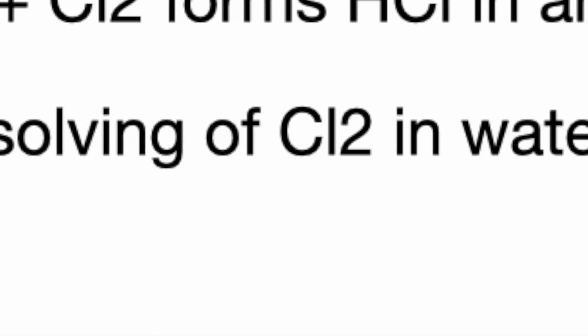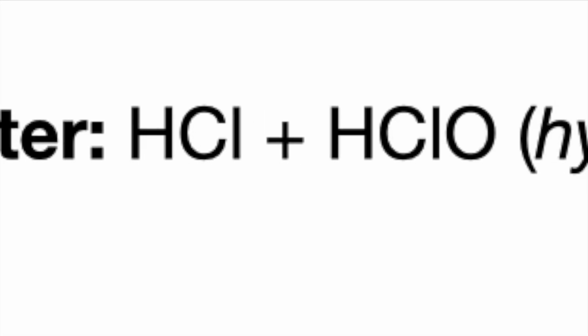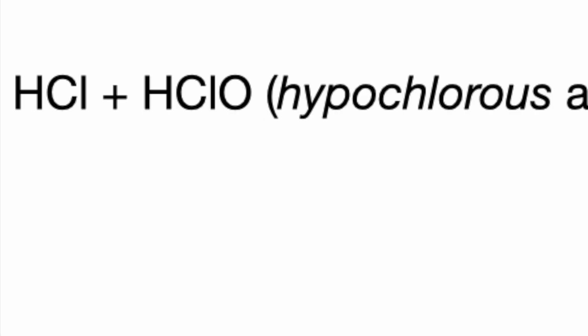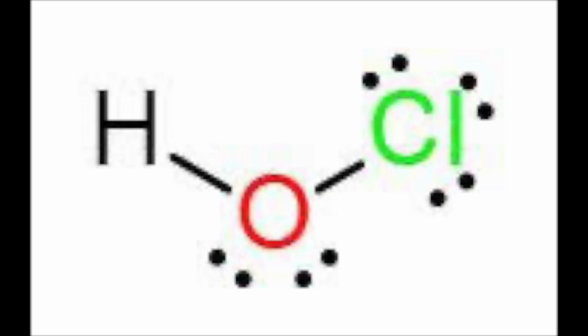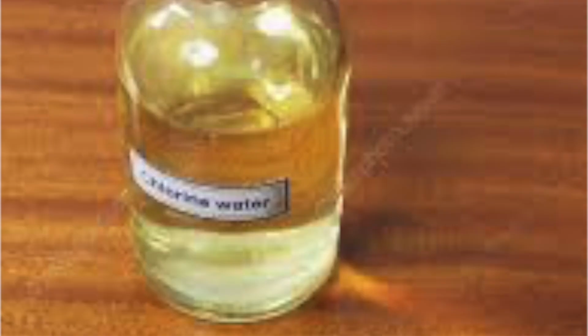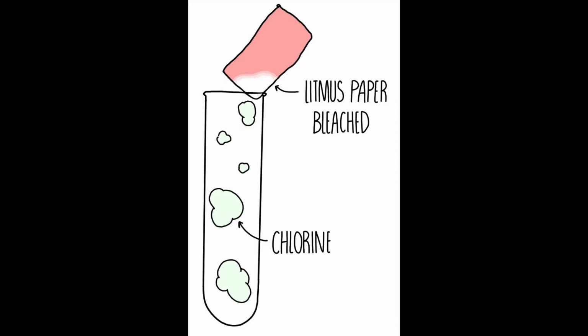When you dissolve Cl2 in water, it will form the acidic chlorine water, a mixture of hydrochloric acid and hypochlorous acid, HClO. Chlorine water is an oxidizing agent because HClO will give up its oxygen to the other substance during a redox reaction. Chlorine water also acts as a bleach because when colored substances are oxidized, they lose their color. Therefore, the test for chlorine gas is adding a damp universal indicator paper which will bleach due to the formation of chlorine water.